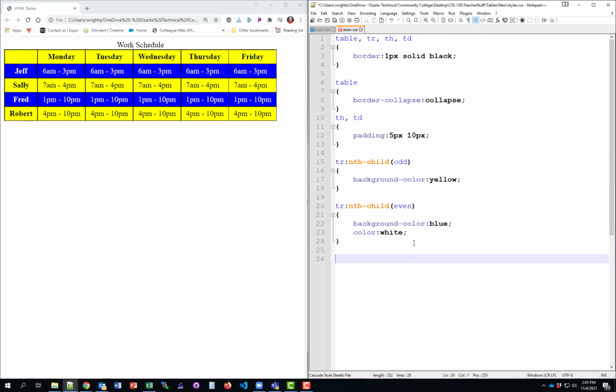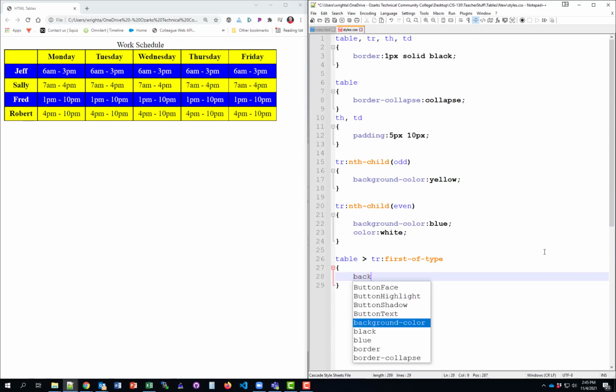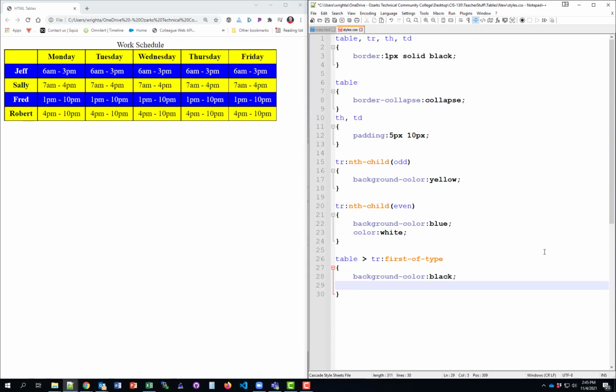But so that I don't have to remember that class, I want to go ahead and style it this way, doing the first child. Or first of type. And give it a different background color. We'll say black and make the color white. So we save this, and